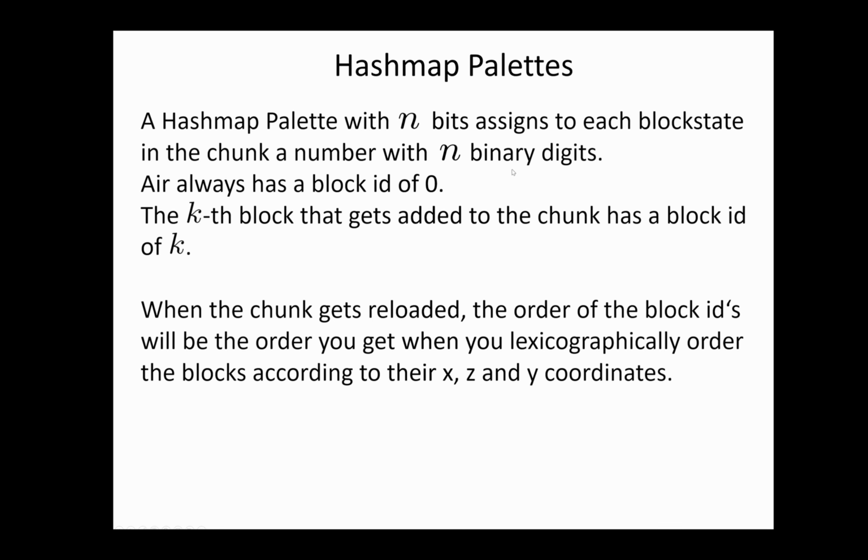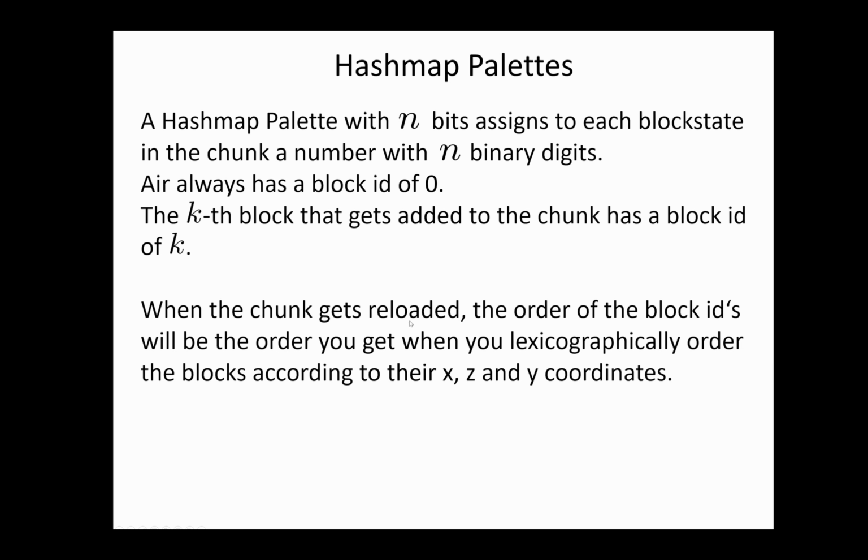That goes for every block except for air, because air always has the block ID of 0 no matter what you do, and the kth block that gets added to the chunk has a block ID of k. So the first block you add to the chunk will get block ID 1, the second 2, the third 3,